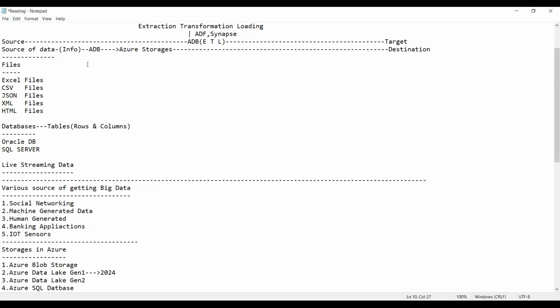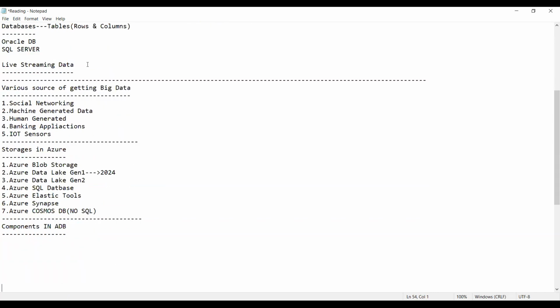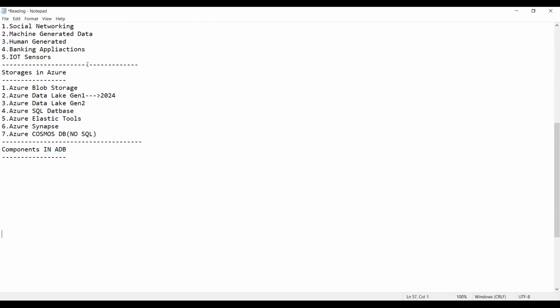To perform the entire process, until the time you send it to the destination, we require the following components in ADB. What are the components? The first component here is called Pipeline.